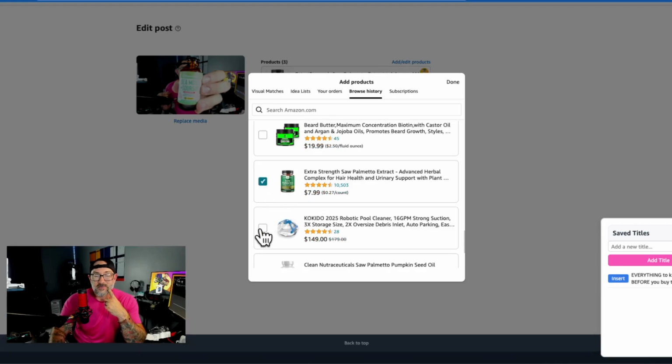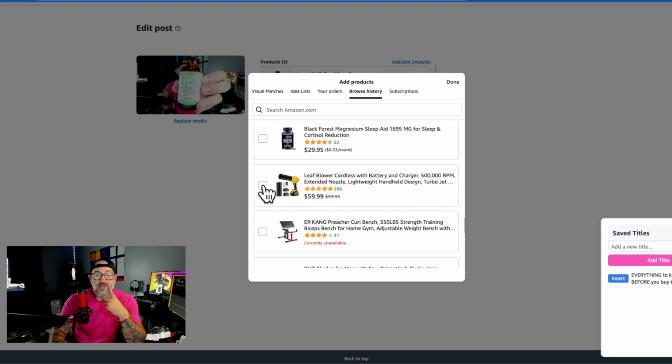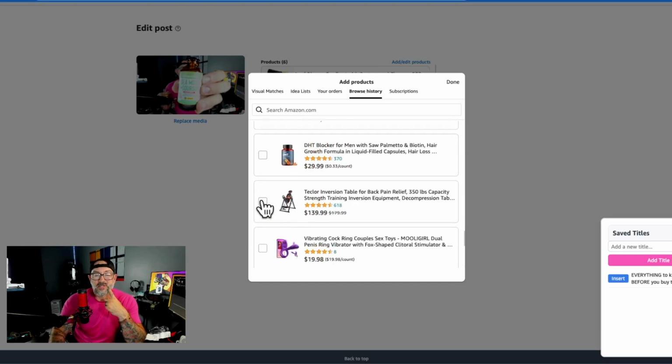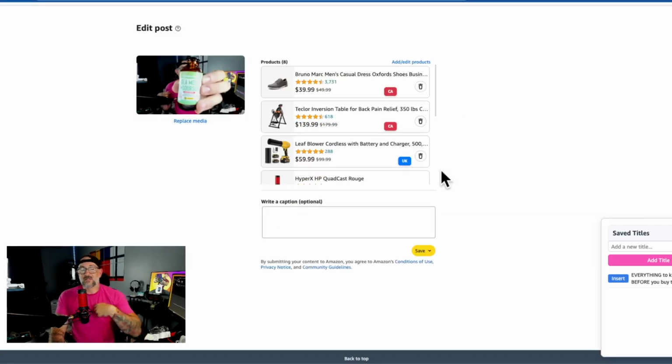I'm going to pick this. I'm going to pick this. I'm going to pick just a couple more just so I get a plethora of options. Return. I don't remember if this one is or not, but I know that one is. So now watch what happens here. You can see we have buttons that are appearing on this screen that say either CA, UK, or they'll say both. What this means is when you're seeing those buttons, the extension has reached out to those other platforms